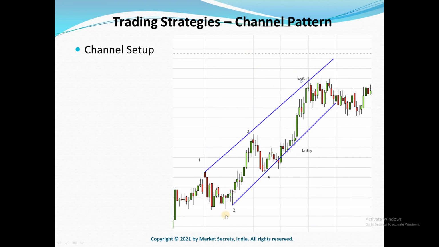So this is an upward channel, but we can have a downward channel or a horizontal or a sideways channel. All three types of channels are possible. A channel consists of at least four contact points because we need at least two lows to connect each other and two highs to connect each other. So if you look at here, these 4 points are the basic building blocks of this particular channel.